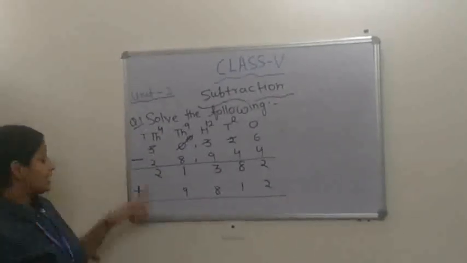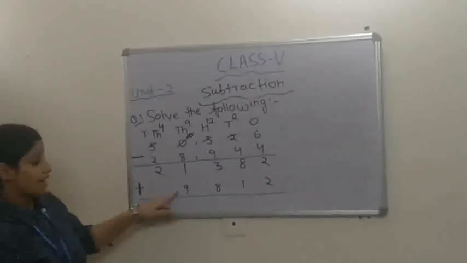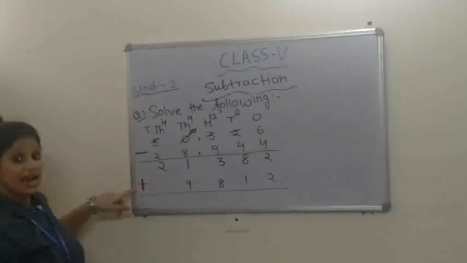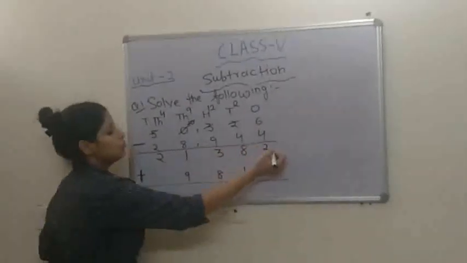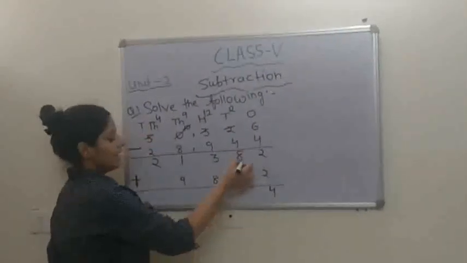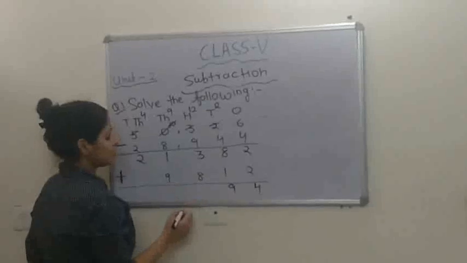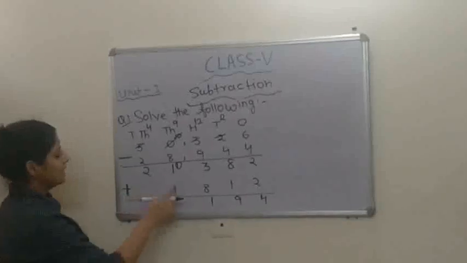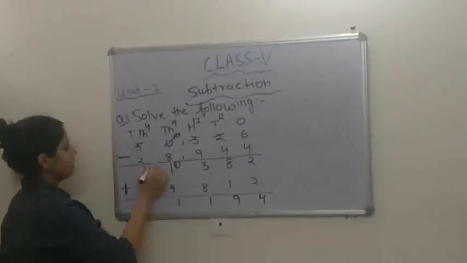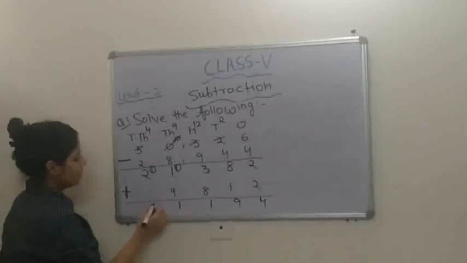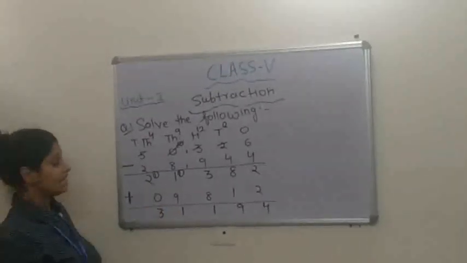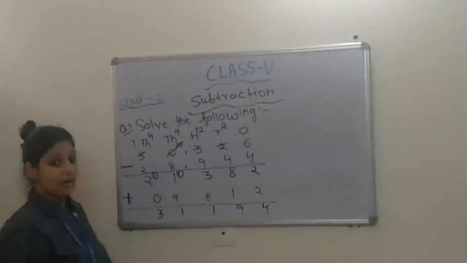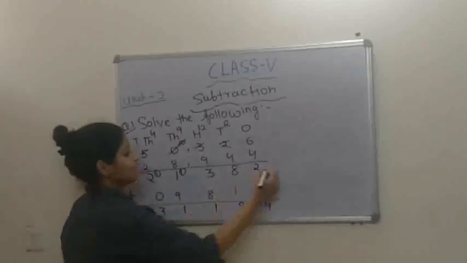So we have got the number to which we are going to add the next number. According to the question, now these two numbers will be added as per the sign. So 2 plus 2 will be 4. 8 plus 1 will be 9. 8 plus 3 will be 11. 1 will be here and 1 will come at the thousandth place. 9, 10 and 11 again. Carry forward 2 and 1, 3. Here you can put 0 just to balance the number. So this was the difference of these two numbers, and this is the sum. But finally the answer of this question is